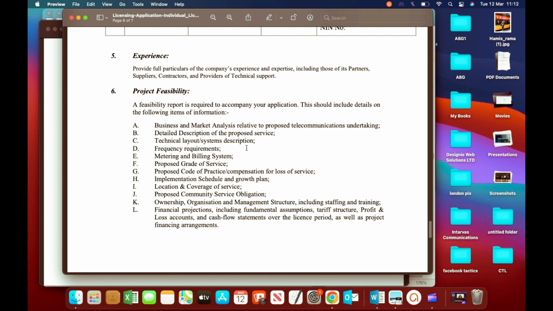You have to state to NCC why you want to come in, and this is the reason why, because you have seen a gap that's been left by the existing players or providers, and you want to fill it in. And this is how you intend to fill it in, by delivering the service this way. This is a very important point.